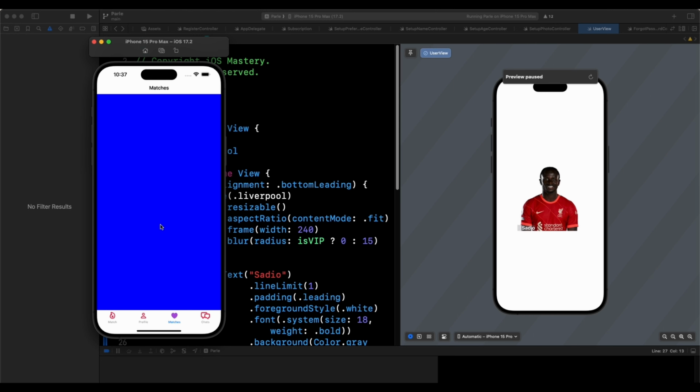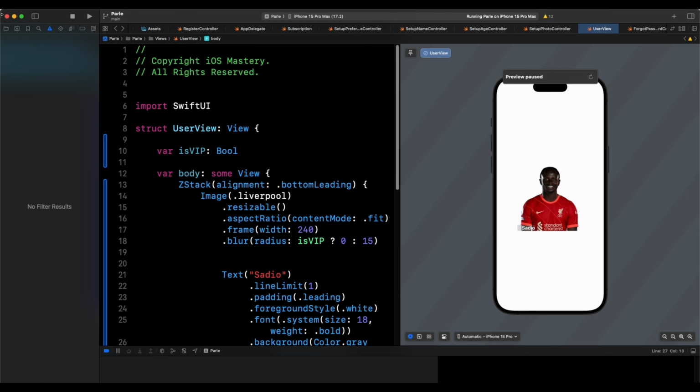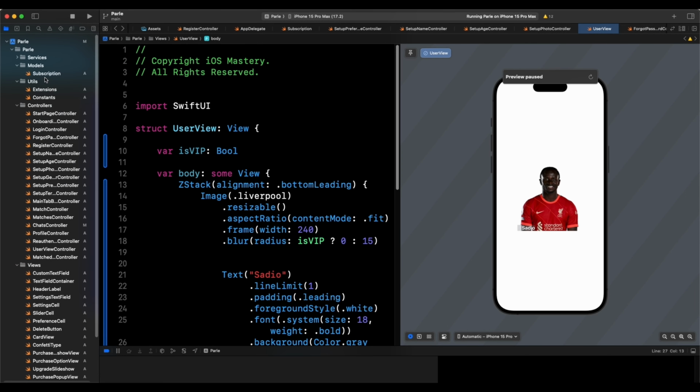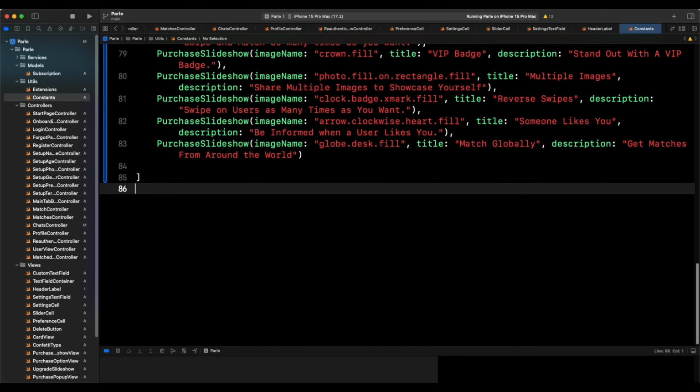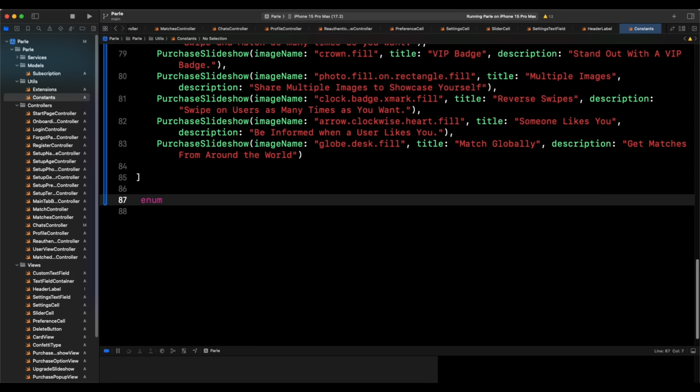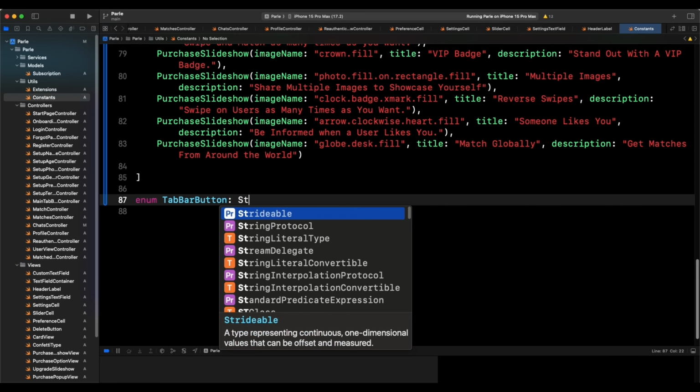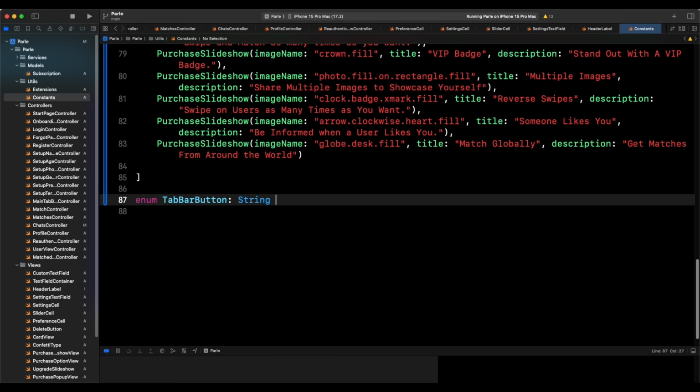So these are the views that all of them are going to be contained in, and we're going to have a tab bar at the top which you can cycle through, right? And for that to happen, we're going to go to, I believe it's our constants. Let's go to our constants, and here we're going to have an enum, and the enum in question is going to be TabBarButton, and this is going to be of type String, and then you're going to have